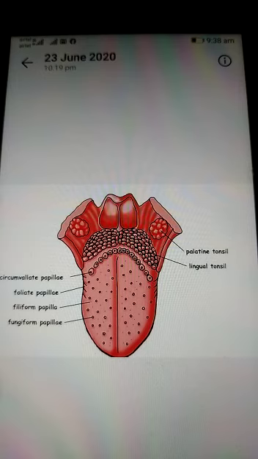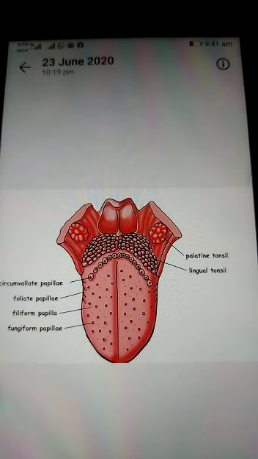In order to recognize the taste, generally the food substance must be dissolved with the saliva and it should reach the taste bud, which is cup shaped, right? Taste bud is cup shaped. So the food mixed with the saliva must reach the cup shaped taste buds in order for the brain to recognize the taste. So if you place a product such as a biscuit, you won't be able to recognize the taste immediately. The biscuit must dissolve with the saliva and it must reach the taste bud in order to get the taste.